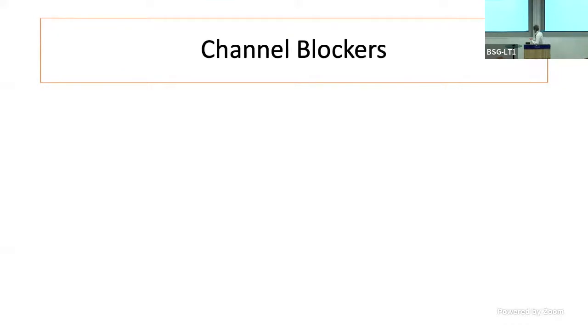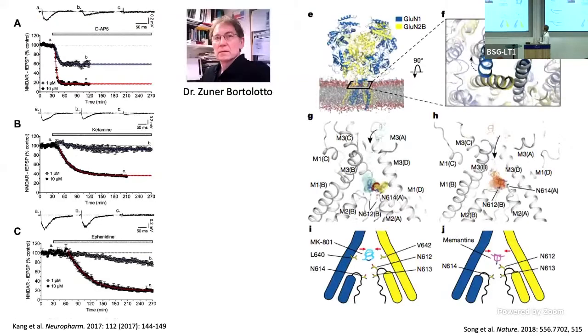The first class of compounds I want to talk about are the channel blockers, represented by ketamine and PCP. So again, if you remember the NMDA receptor, they bind in this transmembrane domain inside the ion channel part. Normally the NMDA receptor opens and sodium and calcium can flow into the cell, potassium out. These channel blockers come in and actually physically block that channel, preventing ion conductance.